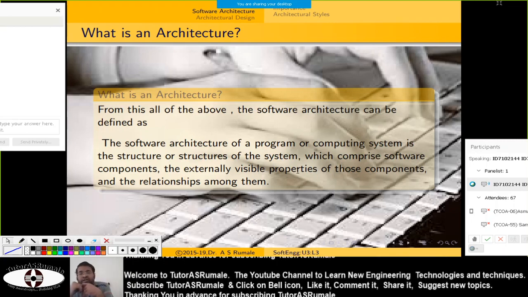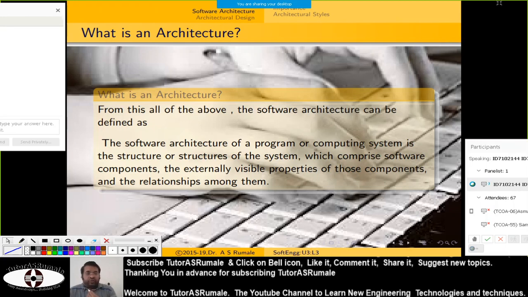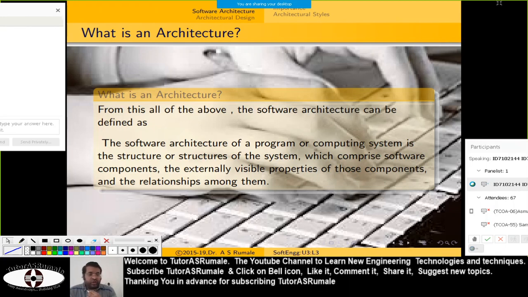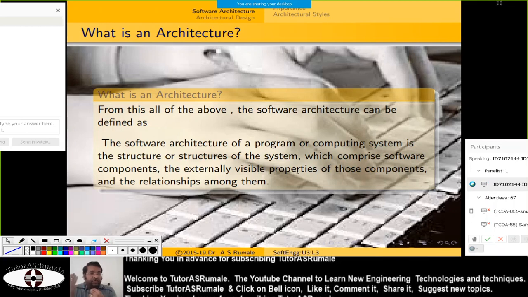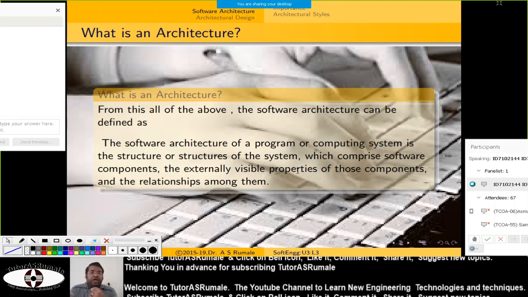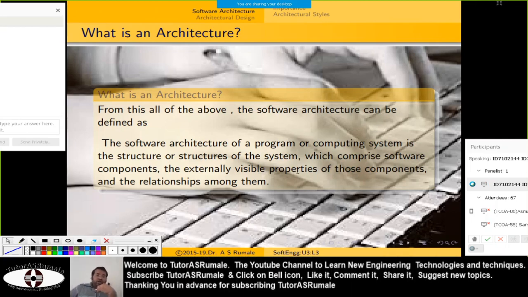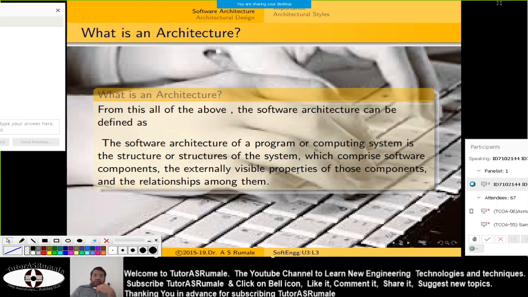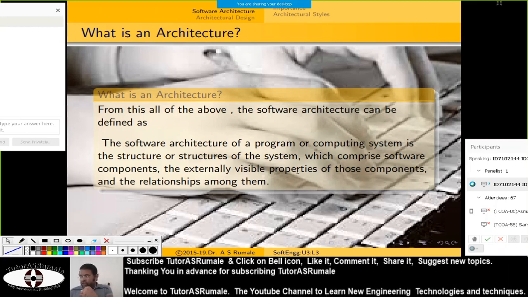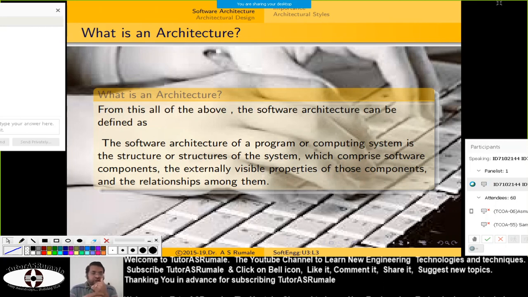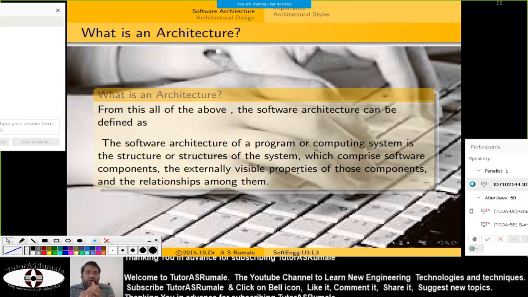Speaking of software architecture, it involves human beings, meaning the users of the software and the developers of the software, the software itself with its components, and whatever material we are creating to assist in the execution and maintenance of that particular software. So when we say software architecture, we are actually talking about these things.